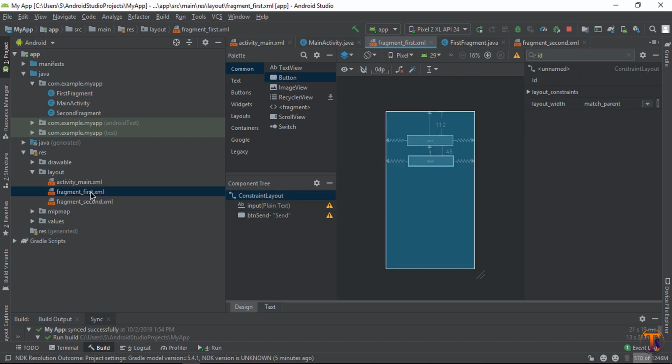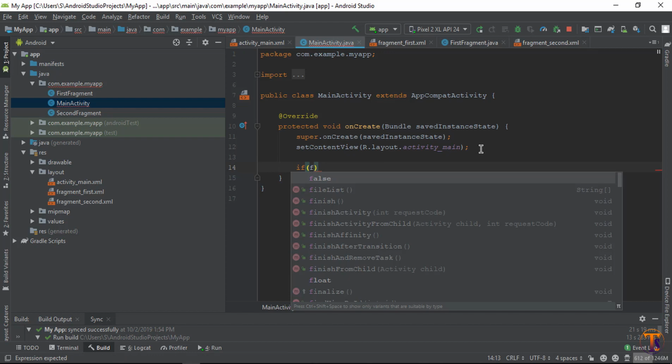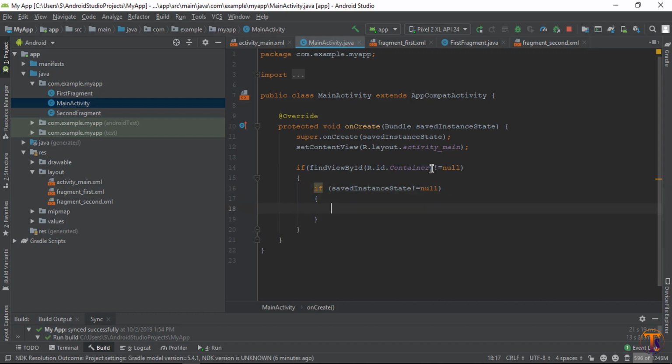Now first we need to add this fragment to the main activity. So go to the main activity, same as the previous video. Here check some conditions. Find view by ID, R.id.container. If not equal to null, then check some more conditions. If savedInstanceState is not equal to null, then simply return,